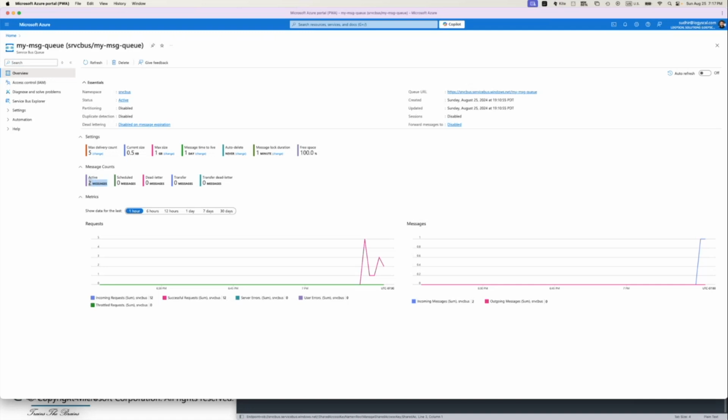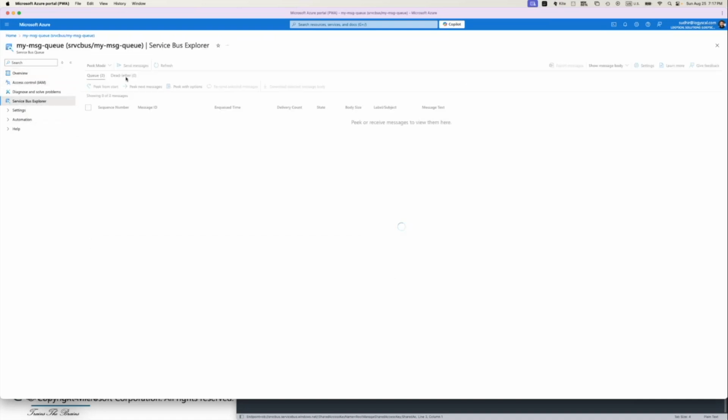Messages, right? We read those messages, but still we have two messages available here, right? So in that case, what will happen? This will still be there unless you want to execute the receive command. Let's try to receive it. Let's explore, and we'll go to receive mode. The moment we are going to receive messages,